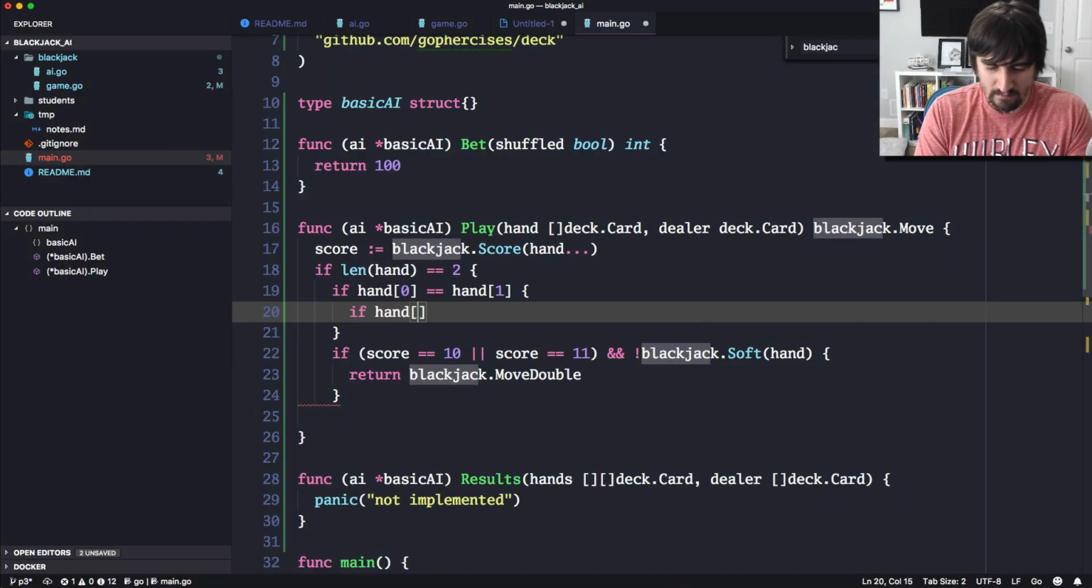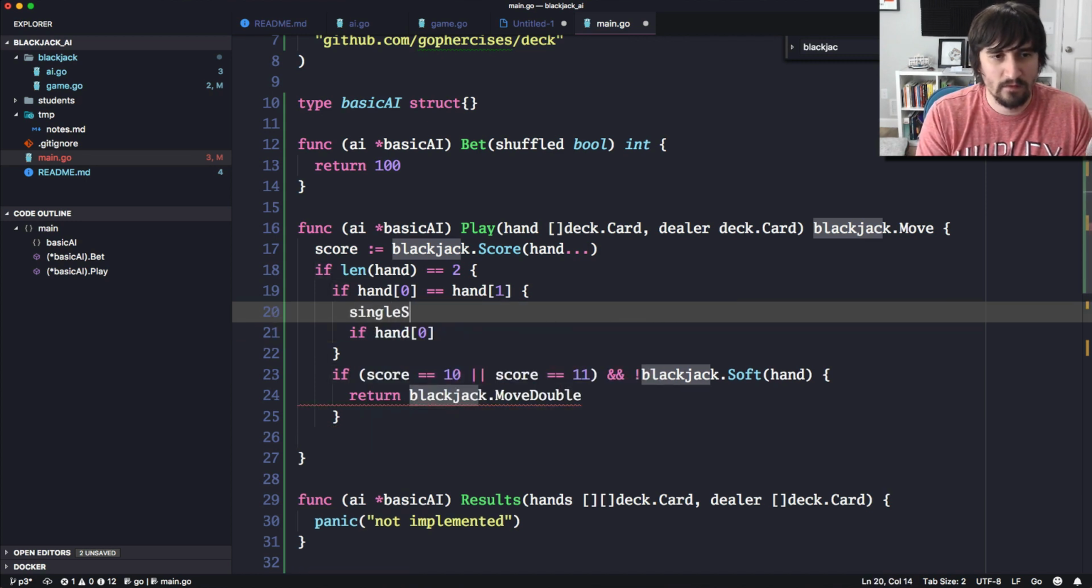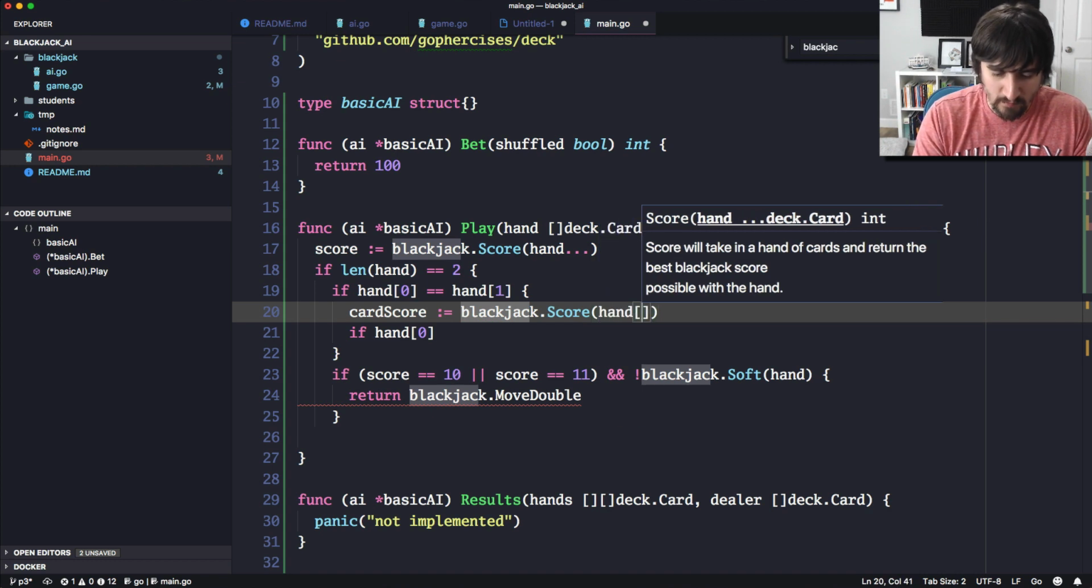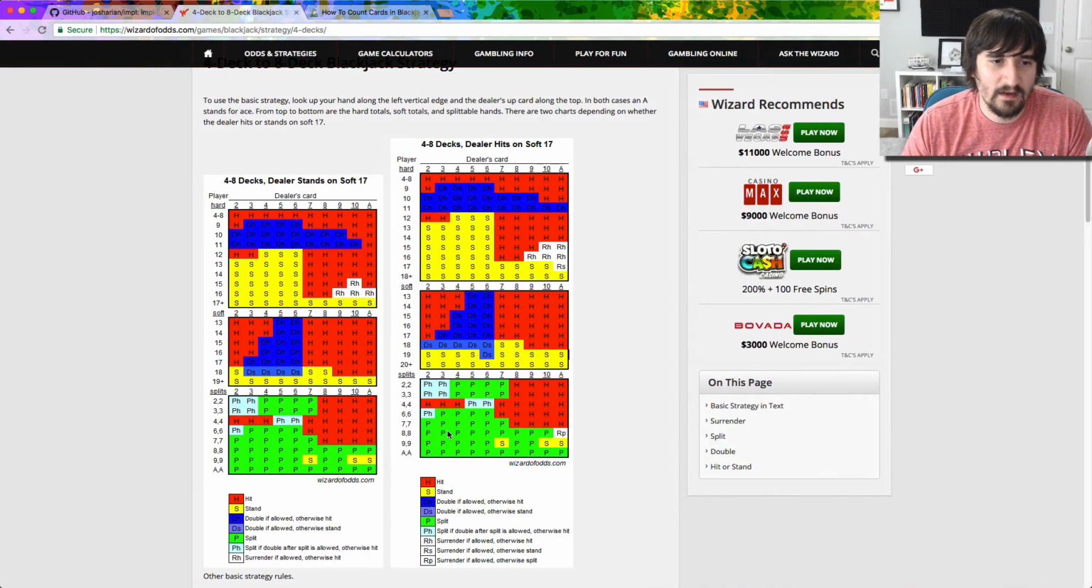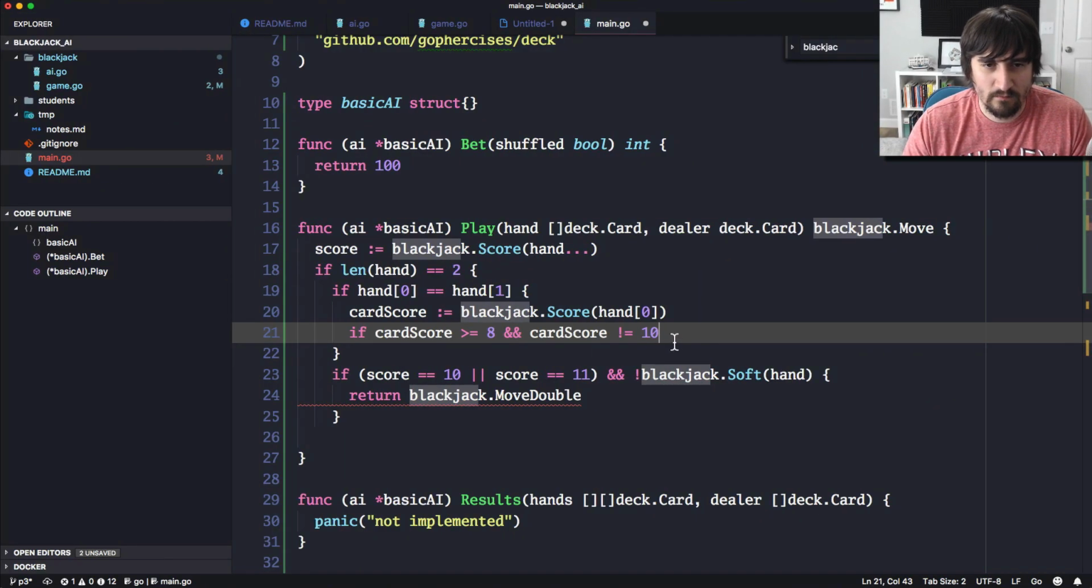So if hand 0, here we might want to do something like a single score or card score, and then we'll do blackjack.score with the first card. So we know both the cards are the same. What I'm doing is getting the score for a single card. Then I'm going to say if the card score is greater than or equal to 8 and the card score is not equal to 10. So basically we're saying if it's 8, 9, or ace,